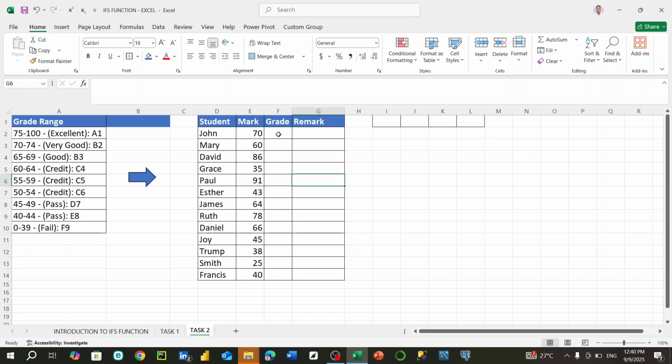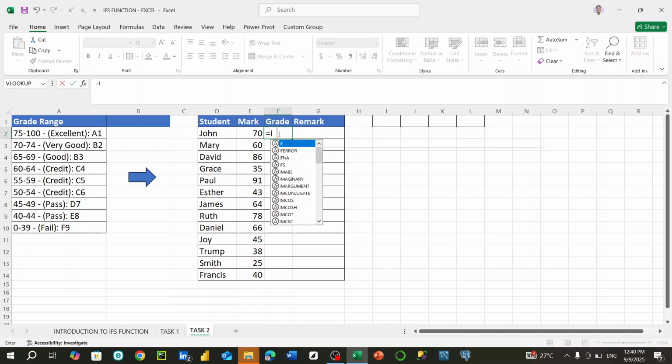So now we have the grade here. Let's start with the formula, equal to ifs. We are making use of the ifs now, right? So the logical test is this: if this is greater than or equal to 75, then Excel should return "A1". The A1 must be in quotation marks, please. Right, so the next one, I don't need to apply another if or to nest the if. I'm using the ifs function. So I just need to apply all my logical tests. The second logical test is this: